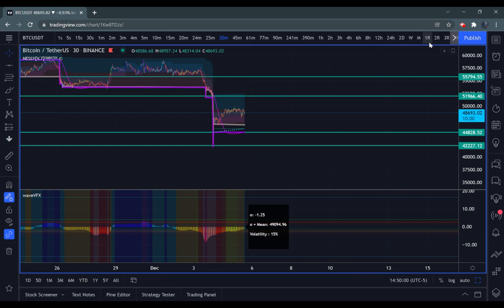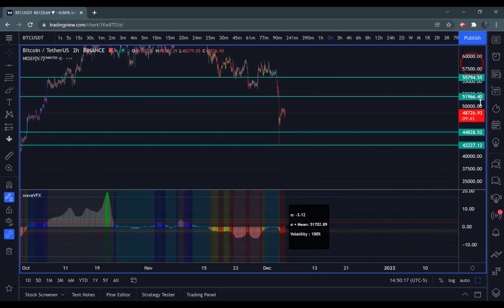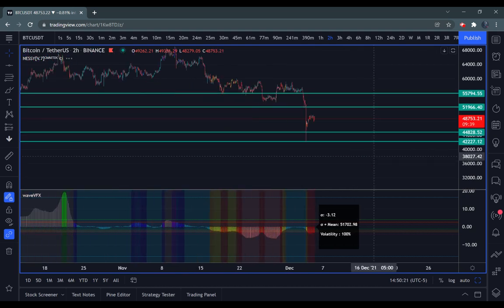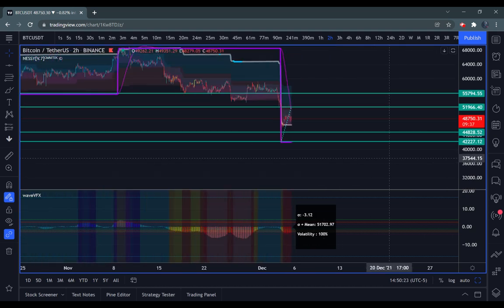Add as many charts as you can, whatever package that you have. Even if I think the Pro allows you to add some time frames, but if the Pro Plus definitely allows you to add time frames, and you should, right? So now the farther out we go to a 2 hour, we find significant levels of interesting bounces, right, and